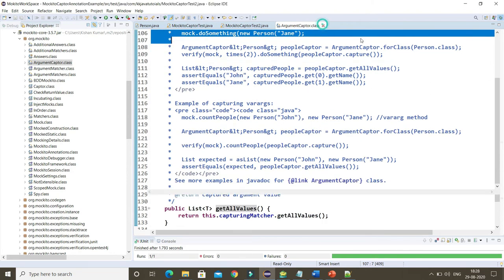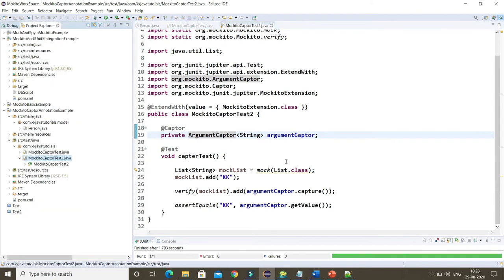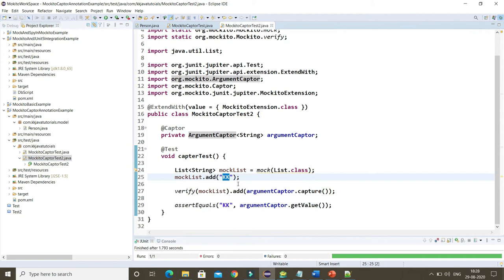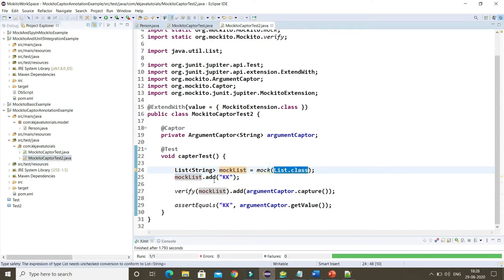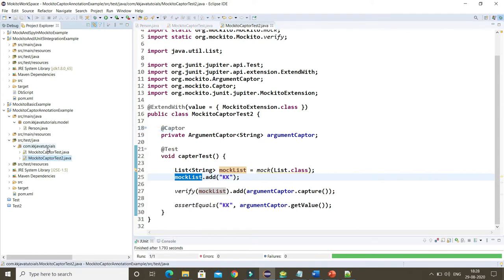But let's move on to write one more test case where we will add more than one object, right? So here I have done it with the existing API or interface, right? Let's play with some custom object rather than playing with ArrayList or List, right? So here I am going to create one more test case method in the same package.